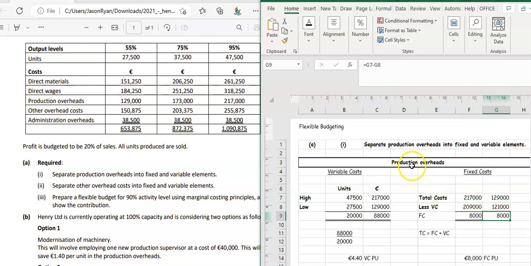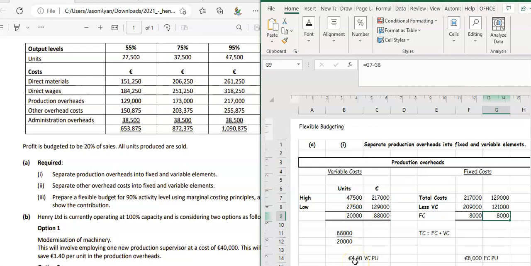So we've done our production overhead. We found the variable cost per unit, €4.40. That's using the high-low method. So you're taking the high in units and the high in money terms for those units: 47,500, where we're looking at production overheads, so we're using 217,000. And then your low is going to be 27,500. We're separating production overheads, so it's 129,000. We're going to take these two away from each other, and then the 88,000 is going to be divided by your 20,000. That's going to give you a variable cost per unit,